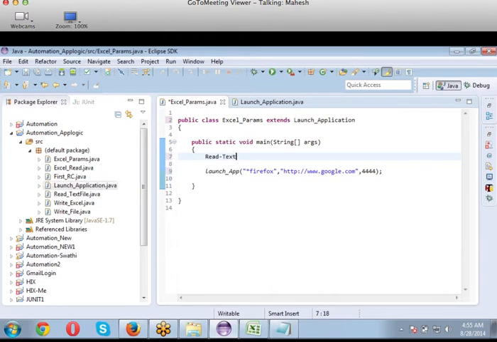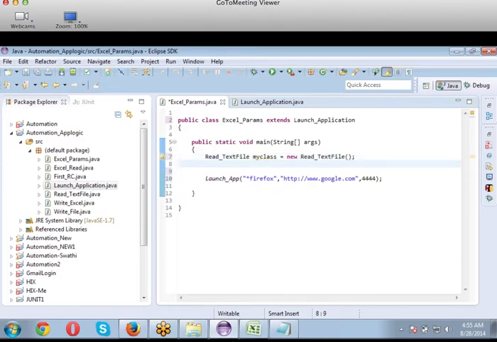We have to instantiate it, simply, nothing much. My class is equal to new. That's all. This is how we instantiate a class within another class.